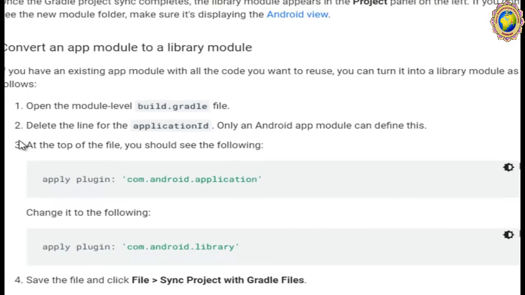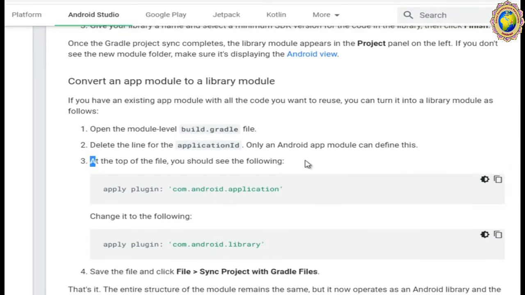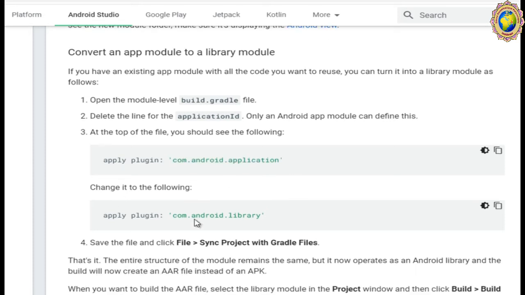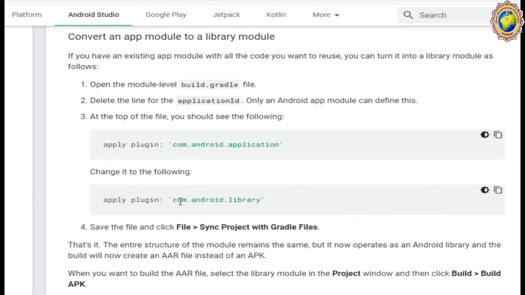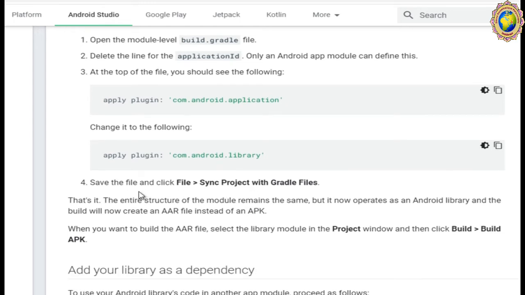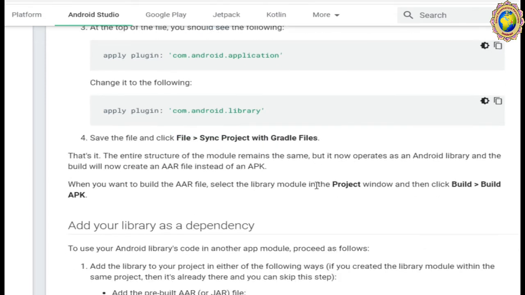Okay, so at the top of the file you should see com.android.application, right? Then change it by applying the plugin com.android.library. Okay, then save this file and click File, Sync Project with Gradle Files.